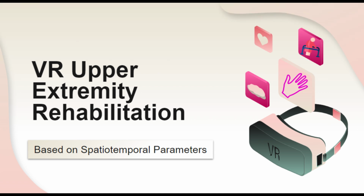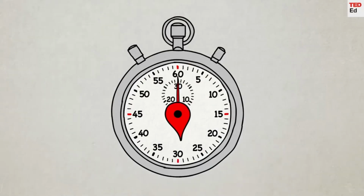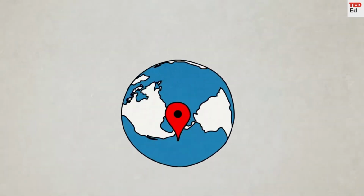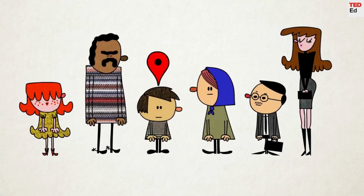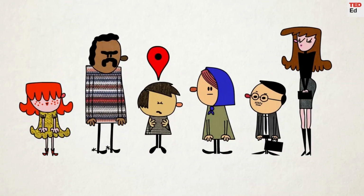Hi everyone! Our project is a VR game specifically designed to help stroke survivors improve their hand function, and also to track their condition. Stroke is a leading cause of death and disability. Every 2 seconds, someone in the world has a stroke. 1 out of every 6 people will have a stroke at some point in their lives, often leaving survivors with